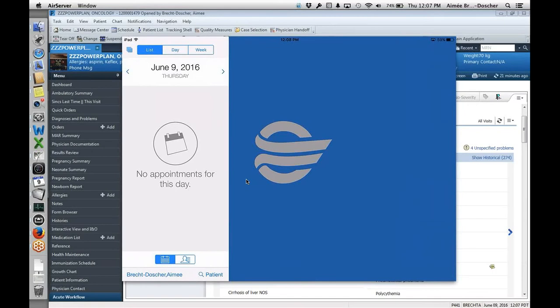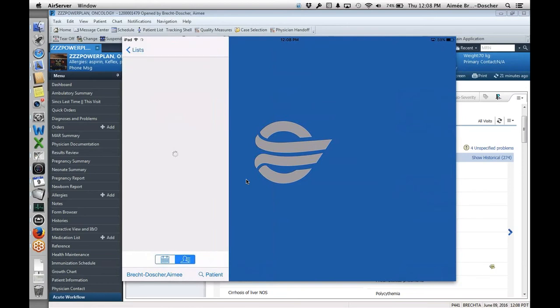So here we're in, and I'm showing the iPad version right now. The iPad and the iPhone are a little different. If anybody wants me to show the iPhone version at some point, just let me know and I'll switch to that. With the new integrated app, you'll see on this landing page,